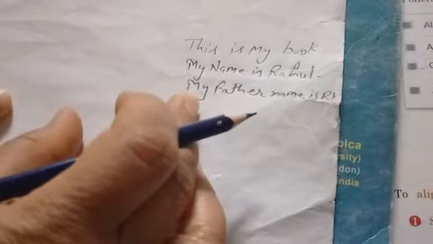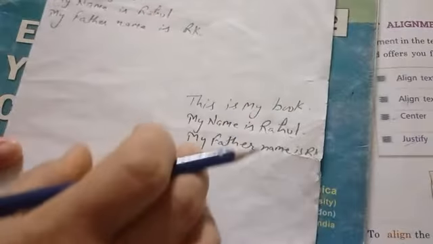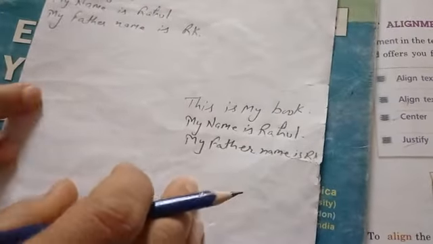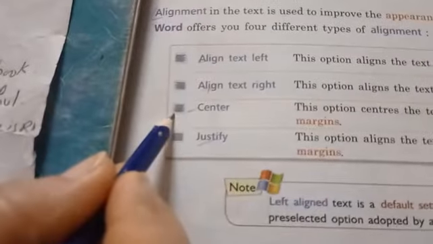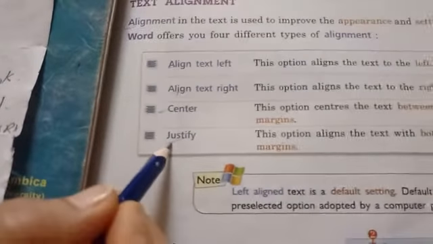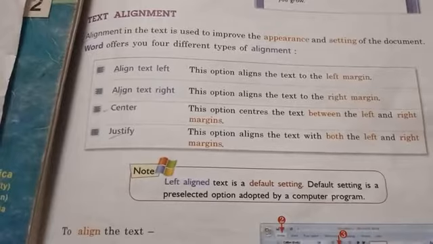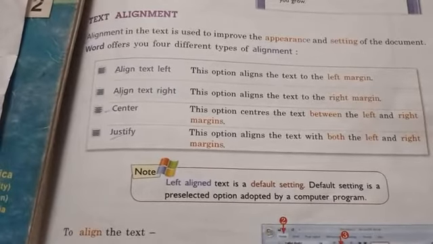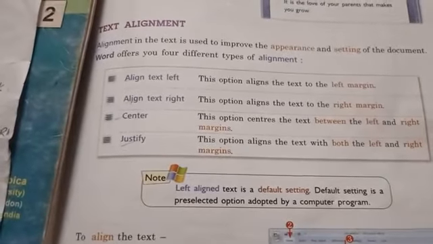Your text will be in the center, not in left, not in right, in the center. Middle of the screen. Just like that, you can see here also, center case.